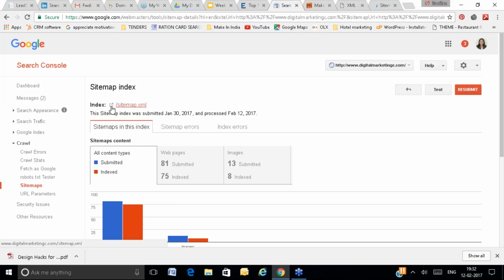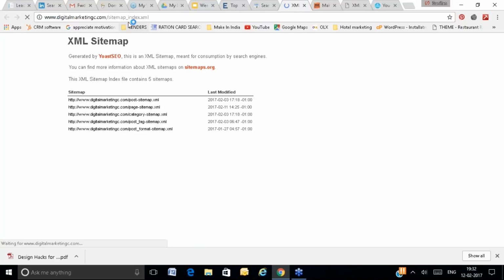So here you can see the sitemap for digitalmarketingc.com. The file name of the sitemap file is this one, sitemap_index. And within that file, they have created many sitemaps: 1, 2, 3, 4, 5, 6 sitemaps.